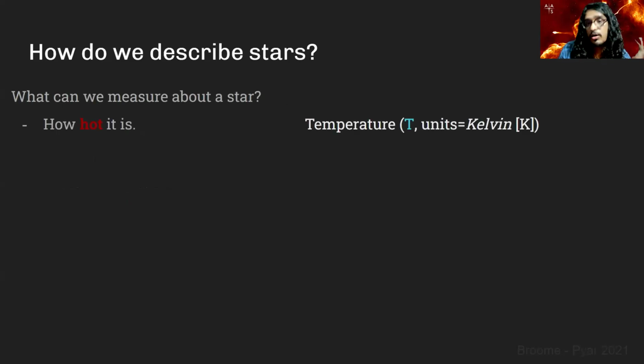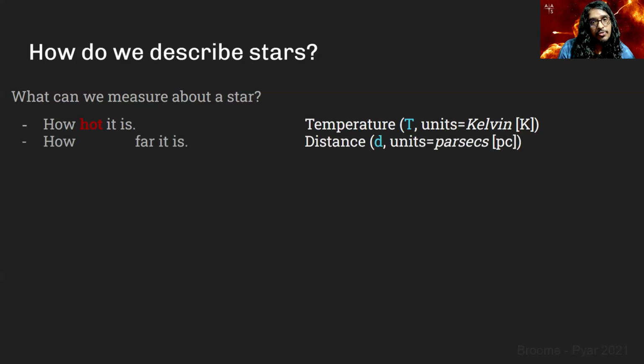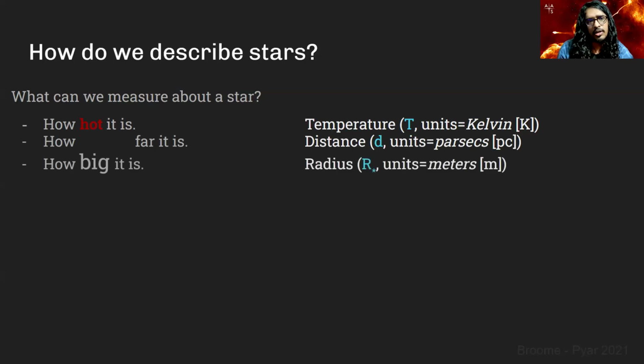So how hot it is, the physical quantity that gives us information of how hot a star is, is its temperature, and it's measured in kelvins. How far away it is is usually measured in parsecs. Astronomers don't usually use light years except for science communication. How big it is is measured in meters,